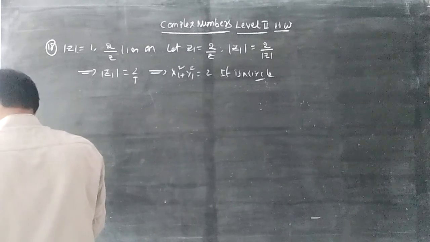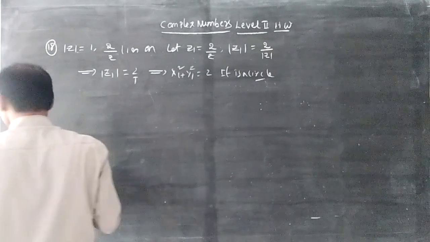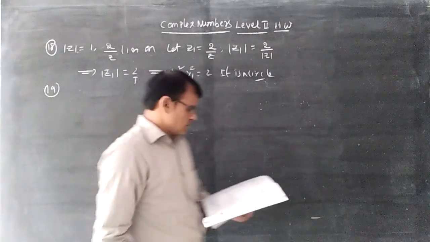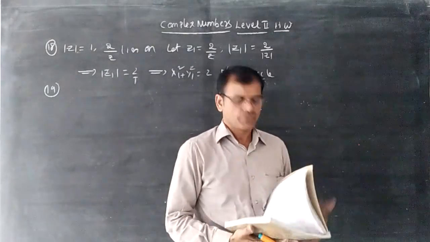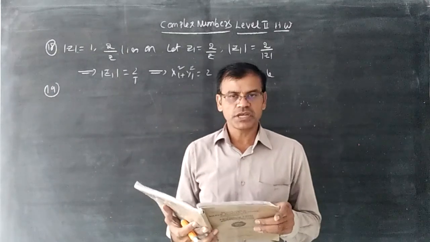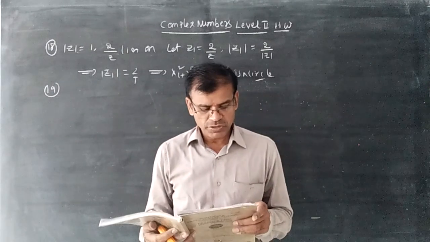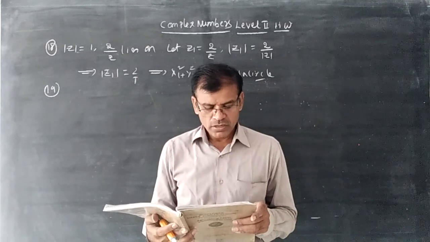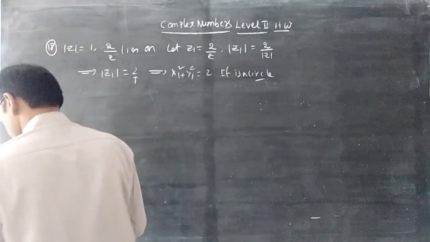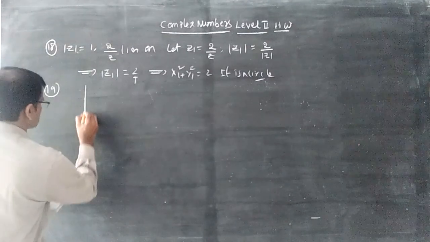Now 19th question, typical question. According to Conius theorem, we should do. ABC is an isosceles triangle. Angle B is equal to 90. B and the midpoint P of AC are represented by 3 plus 2i and 1 minus i, and other vertices are dash. Triangle ABC is a right angle triangle.